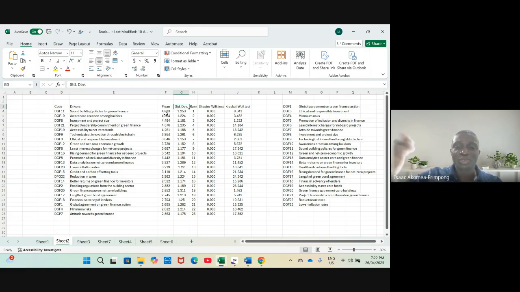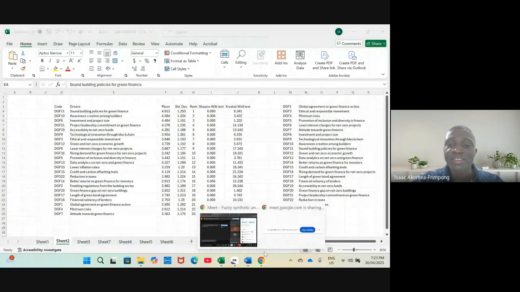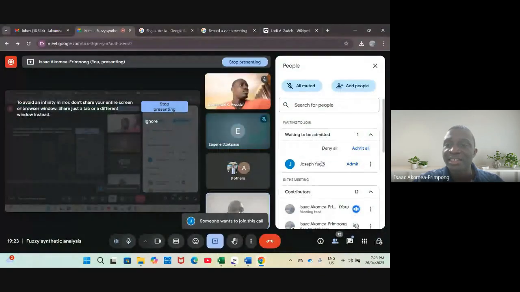Then it will just continue like that till you come to the least among the means. So as we can see here, the factor called Sound Building Policies for Green Finance was ranked as the highest one, right? Because that was the factor that